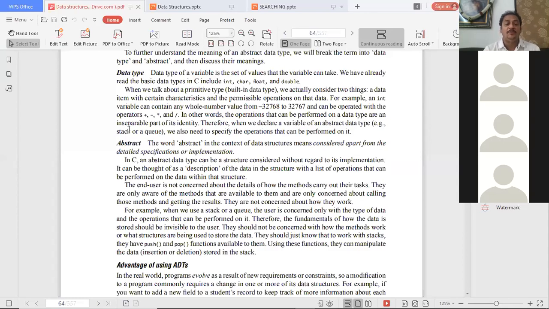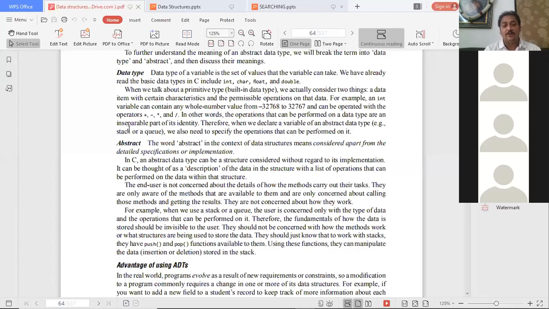But how is it performed? Do you have any idea? That means we are supposed to write a program for the push operation, that is, a function. So in a particular program like a stack program, what are the basic operations of stack? That is the program title. There are a good number of functions, that is, modules, we are supposed to write. Each and every program will have a good number of modules, and modules are nothing but the operations we are going to perform on a particular stack.